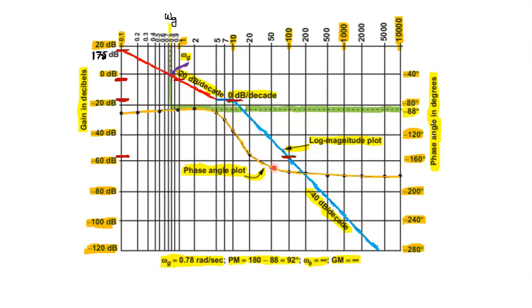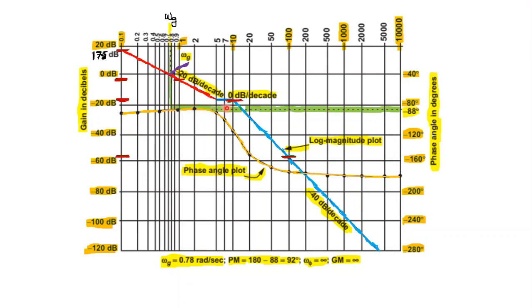Likewise, you mark different points. Join all the points with a smooth freehand curve to get the phase angle plot. In the phase angle plot there is no approximation because it is an inverse tangent function. You can take more points to get a smoother curve. That's all. Now you can find at 0.78, what is the angle, because at omega g I want the angle, that is the phase margin, right? That angle I should see and then find the phase margin.